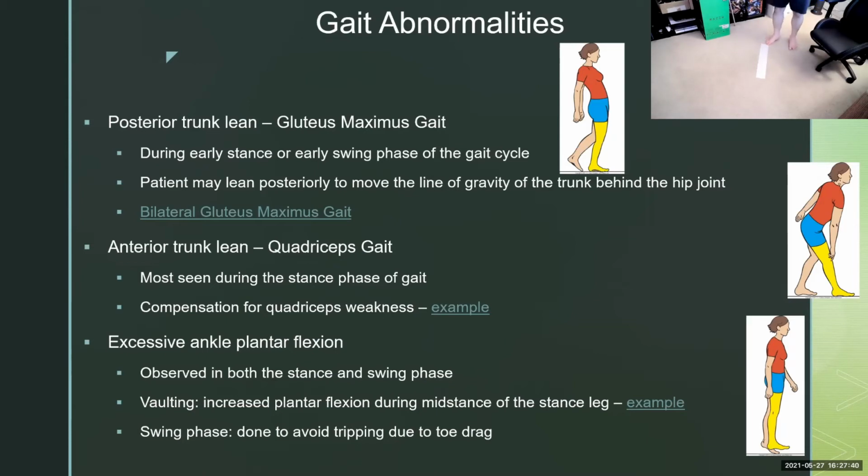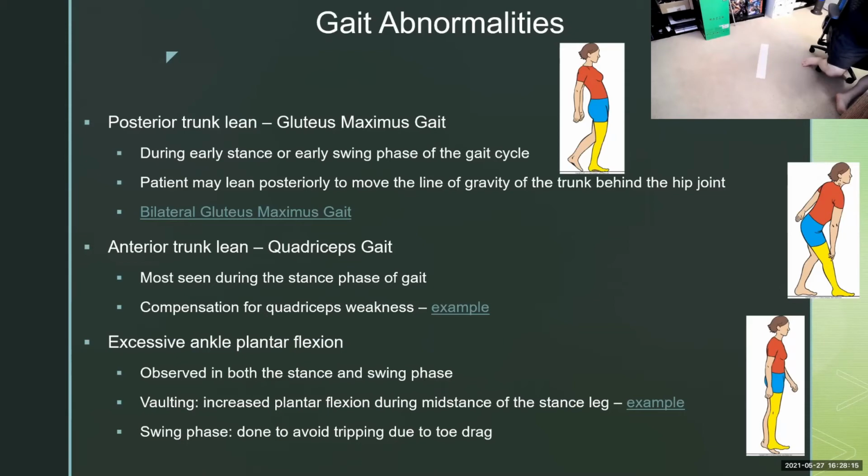But so now, if I have excessive plantar flexion and I'm going through swing phase, is it going to be hard to clear my foot? Yeah. So what I'm going to have to do is vault my hips. So I'm going to have to lift my hips way high to clear that kind of toe dragging foot. Right? So vaulting can occur here. It can also occur when we talk about weak tibialis anterior. So they're trying to avoid dragging their toes.